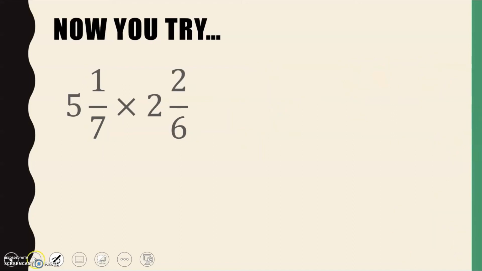Last example, guys, I want you to pause this video and try it yourself and come back for the answer. Okay, 5 times by 7 is 35, plus 1 is going to give me 36. And it was 7ths we started with, so I need 7ths to stay at the bottom. We're then going to multiply by, so 6 times by 2 is 12, plus another 2 is going to give me